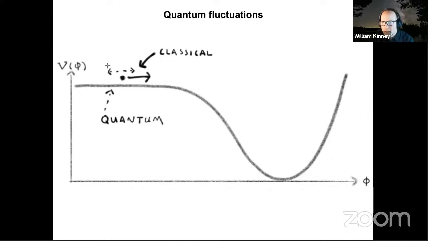But of course, there is the Heisenberg uncertainty principle. So superimposed on that classical evolution, there are going to be quantum fluctuations in the field. There are zero-point fluctuations in the field. And that means in the case of the scalar field that's driving inflation, in terms of the equation of motion, this adds a stochastic term to it, right? So these quantum fluctuations are going to bounce this field up and down the potential a little bit in addition to its classical motion. You also have virtual particles in the vacuum, right?